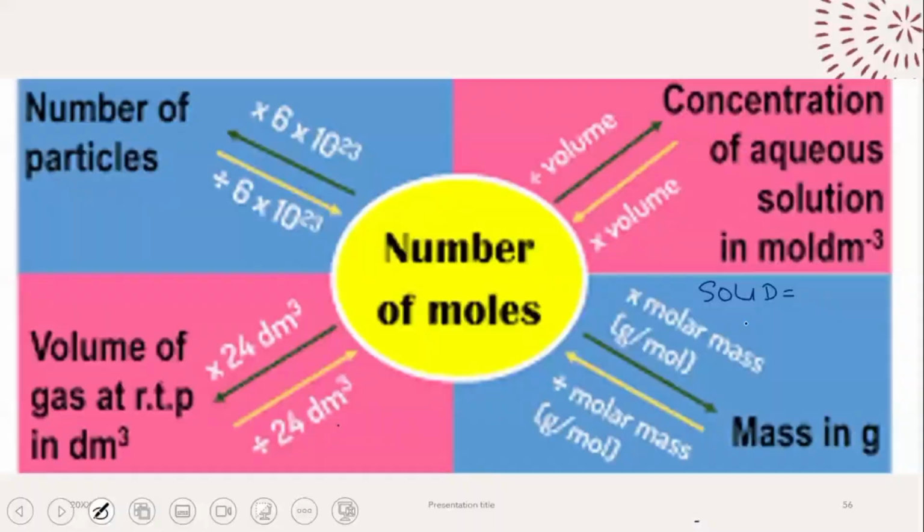you can use the formula moles is equal to mass over Mr. What is Mr? Mr is the molecular mass, right? Do not worry, we will be going over calculations on this. So if you want to find out the moles of a solid, again, not rule of thumb, but this is the rule you can use most of the times. Solid moles is equal to mass divided by whatever the Mr of the compound is. Then, if you find yourself dealing with a liquid,